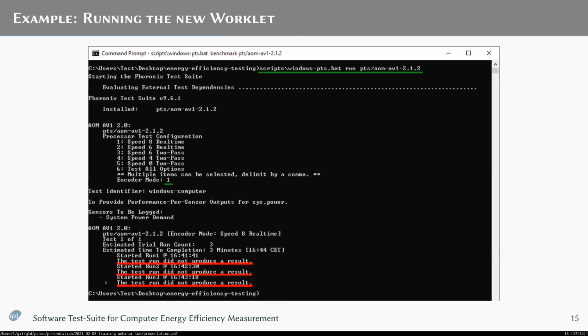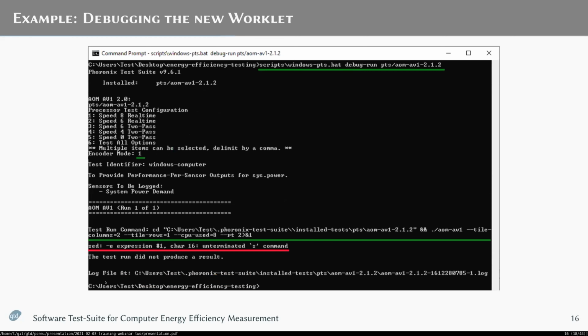We can do that with the debug-run command. So we launch the PTS script again, this time with the debug-run command and the name of the worklet. Again, we have to do the parameterization. We use the same parameter as last time, typing in 1 again. Then the worklet starts again, but this time we will actually get quite a bit more useful information